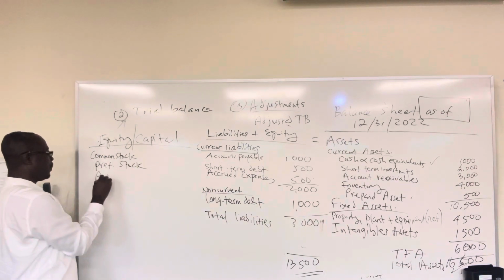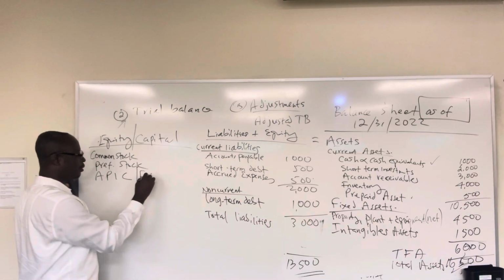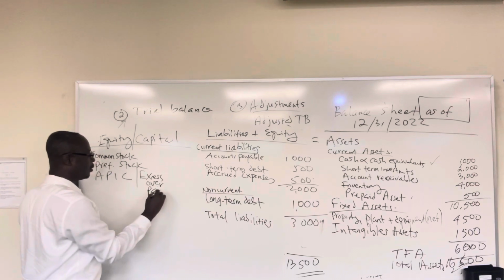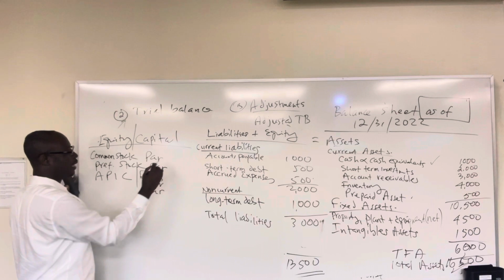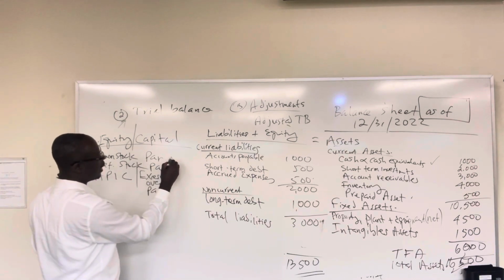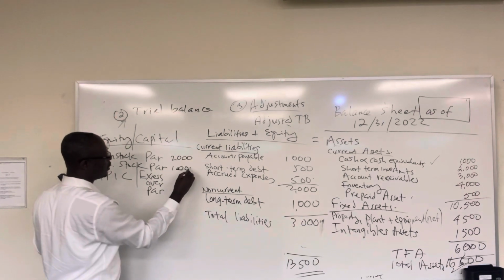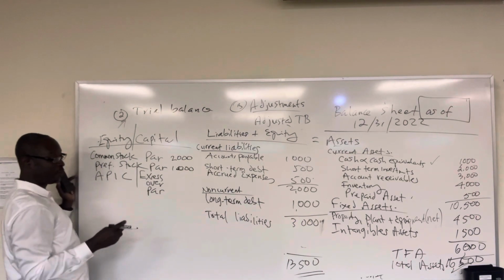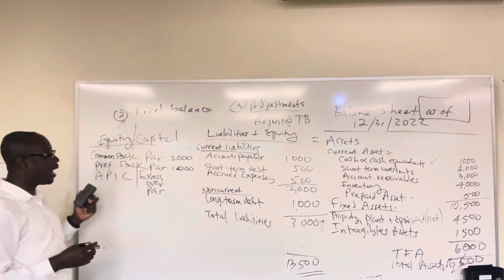And then we have APIC, additional paid-in capital, also called excess over par. This is par. That means that's the legal or stipulated amount. Let's say that it is 2,000, and let's say this is 1,000. And excess over par, additional paid-in capital, which we're going to spend a whole lecture on, I'm not going to expand on that right now, is let's say